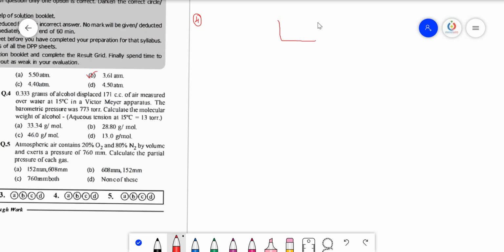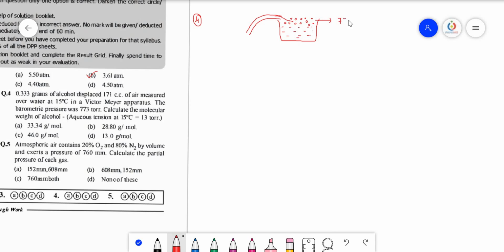So, just to see, this is the water, and in the Victor Meyer apparatus, we are sending the alcohol vapors. These alcohol vapors will be coming over to the water surface. Water surface means it includes water molecules also, that means moisture, wet. So this moisture and alcohol together have come out, and the total pressure of this gaseous mixture is, they